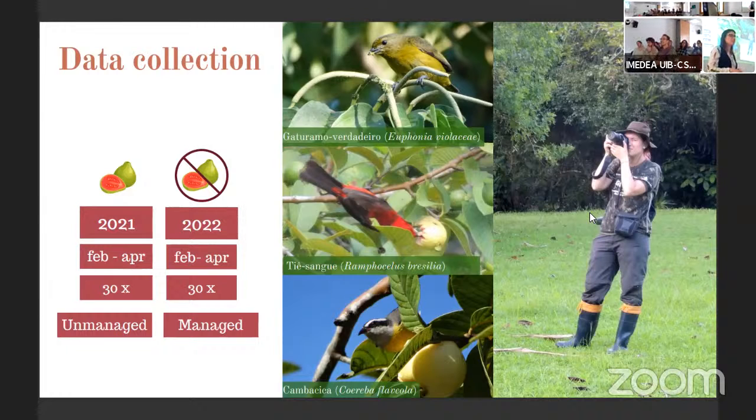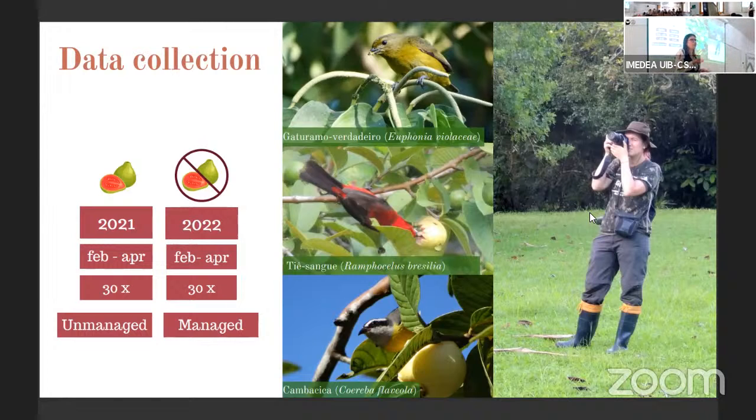Yeah, this is very tough because this protected area is inserted in an urban ecosystem. People have guava trees in their gardens, and probably birds will visit them and bring seeds to the park. I don't think this control is a one-time thing and then it's okay. You need to do this forever.